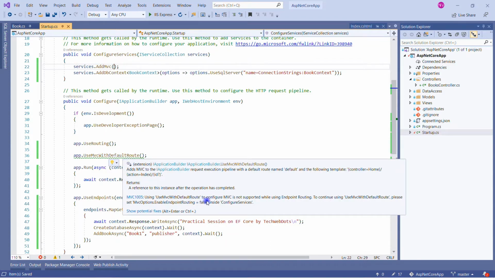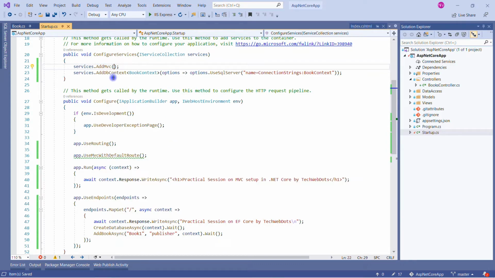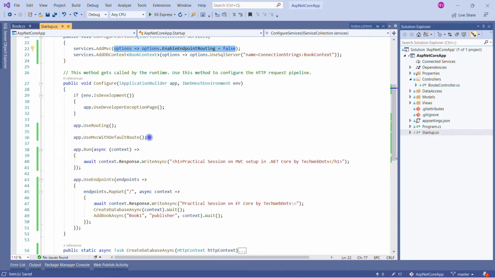Using MVC default route to configure MVC is not supported while using endpoint routing, because it is using endpoint routing by default, and to continue we should use MVC with the default route. Please set MvcOptions.EnableEndpointRouting false inside ConfigureServices. Okay, so this is a hint which is already given by the .NET Core framework.